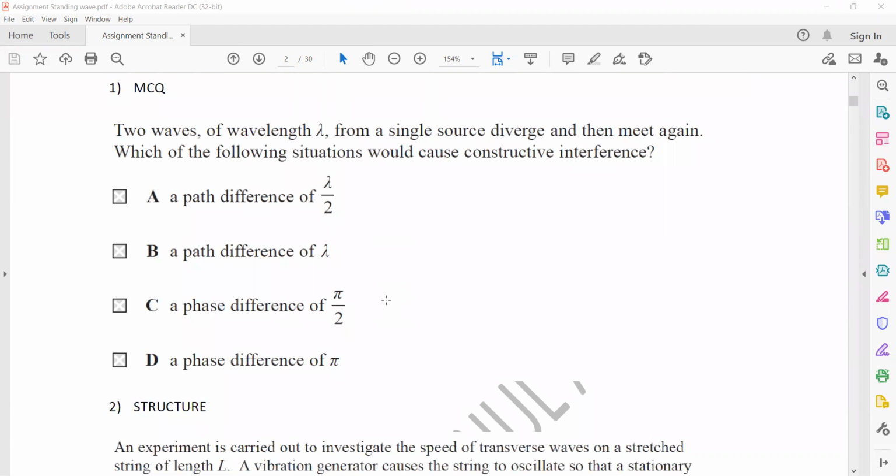In question 1, two waves of wavelength lambda from a single source diverge and then meet again. Which of the following situations would cause constructive interference? Constructive interference occurs when the path difference